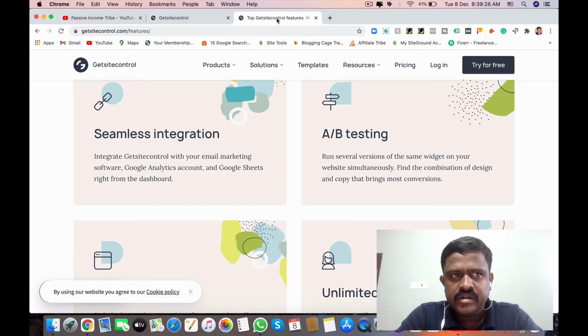For example, we have created two pop-up forms based on the color or categories. In that we can differentiate. For example, red color and blue color, we have two pop-up forms. We can test them and get the best result. We can decide which one is the best result, and then run that long term.